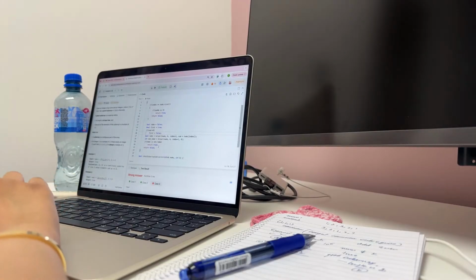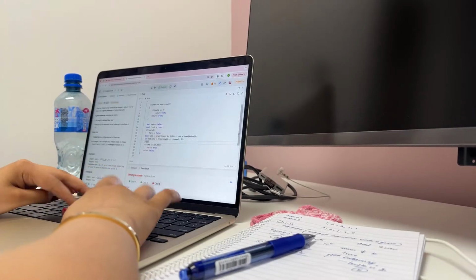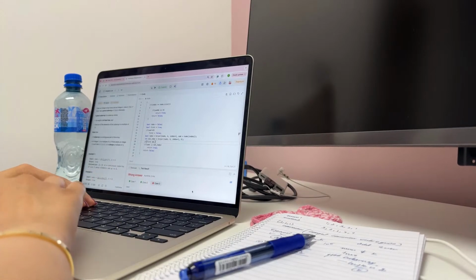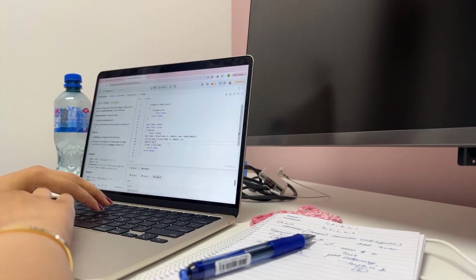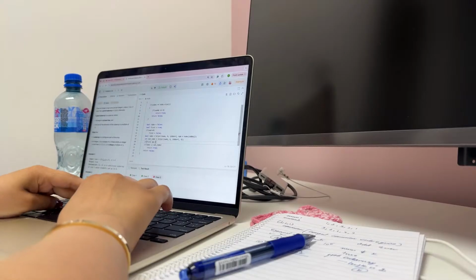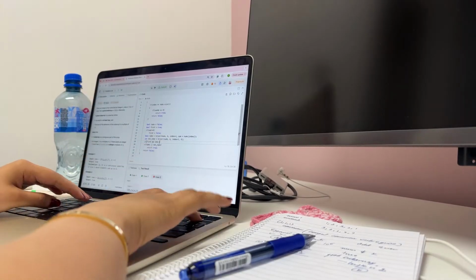If sum is not equal to 0, first is false. If first and if first and take